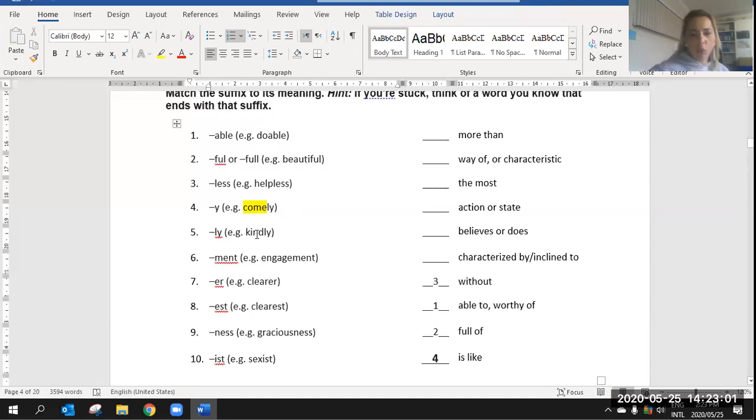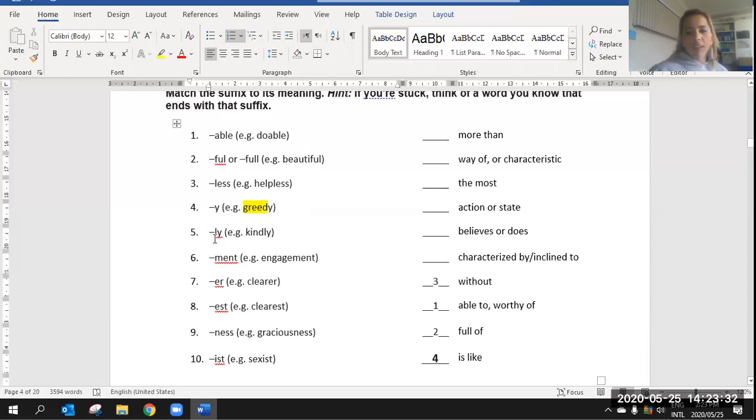Comely would actually be more appropriate as an example by number 5, because you see the suffix ly is there by number 5. I want to change this word to greed. When you are greedy, the root word there would be greed, and the y added makes greedy. All right, is like. Okay, so someone who is like something. Someone who has greed is greedy. All right, number 5,